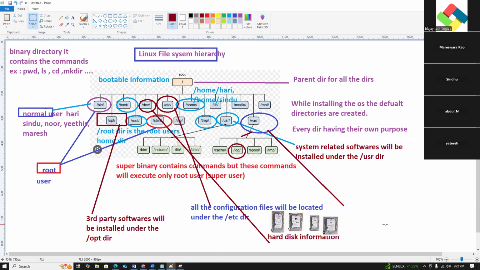So how many hard disks do we have? Four, sir. Yeah. So 1, 2, 3, 4. Physical 1, physical 2, physical 3, physical 4. Right.